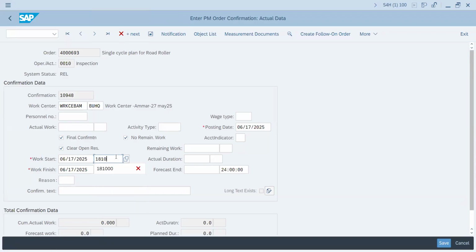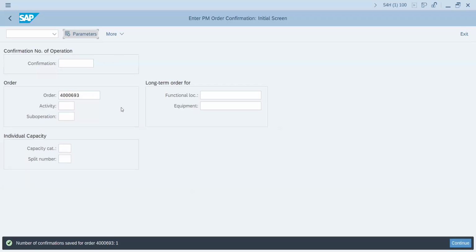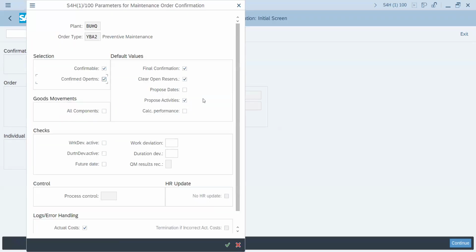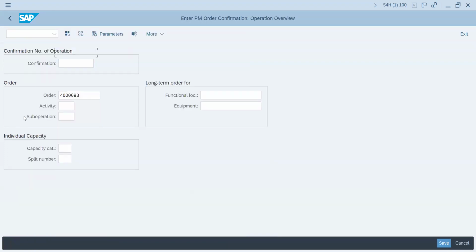You can see 10 because it is German time, Central European time zone. For example, it has started on this time and it has finished, you can say, enter 18, that is 10, 1500. Now save it, go over to the parameters and here confirmable and go proceed, continue and go for the second